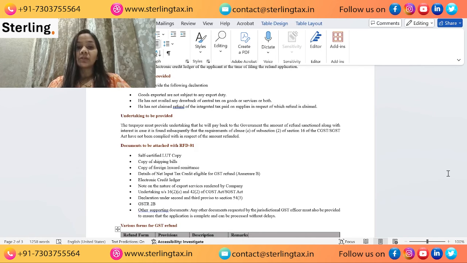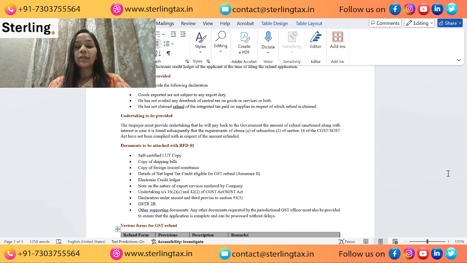In case of export of services, we should provide the FIRC copy, the foreign inward remittance certificate, that is provided by the bank only. Fourth, we have to provide the details of input tax credit for which we are eligible for the GST refund. We should not provide it for capital goods, for blocked credit, or for the ineligible input tax credit that we are not eligible to take. We have to provide details of all the input tax credit for which we are eligible for the GST